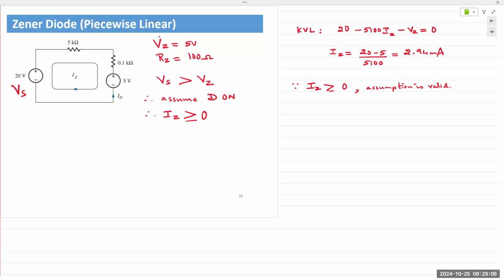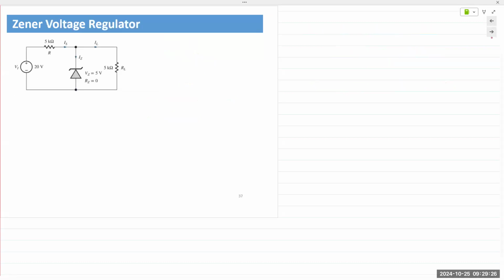Again, the techniques remain the same. Same thing that we did for the regular diodes. We apply the same techniques to the Zener diode, except that Zener is in reverse bias, and there are a couple of extra things to keep in mind. Okay. All right, then let's look at the main application for a Zener diode, which is used as a voltage